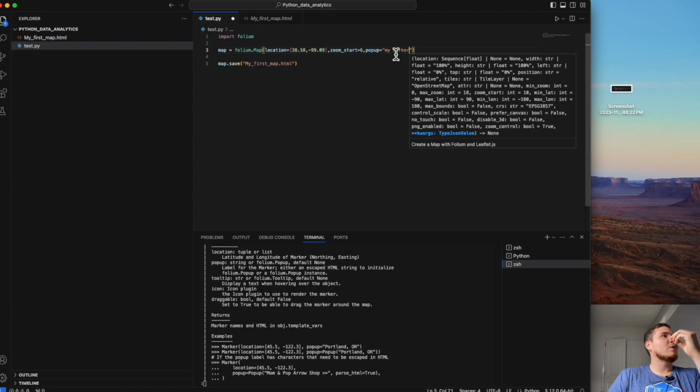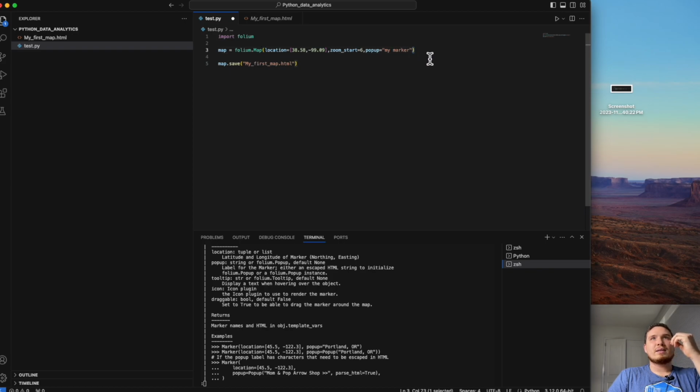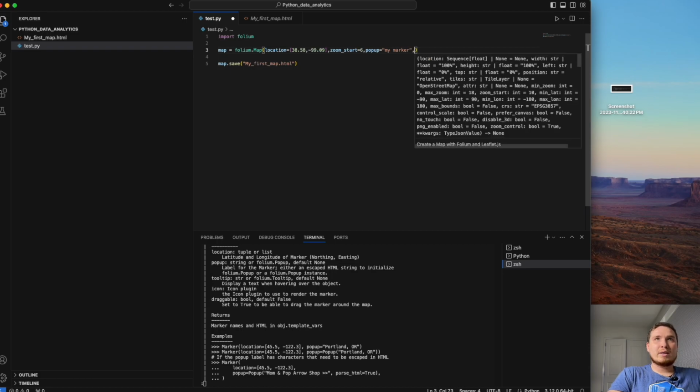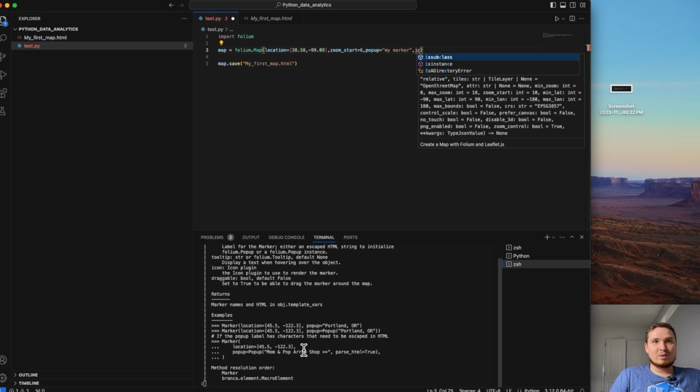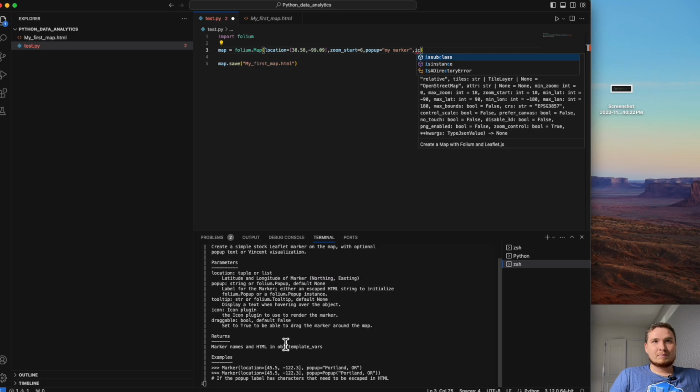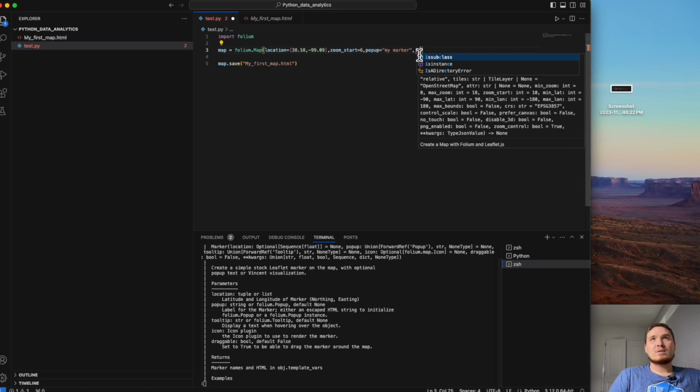Now we need to put the icon, right? We have a location, we have our zoom, we created our marker. Now I want to put the icon. How can I do that? Icon, because we see here that we can use icon, right? So I can use it here, icon. Okay, I have my icon as a variable. Inside I want to store it.